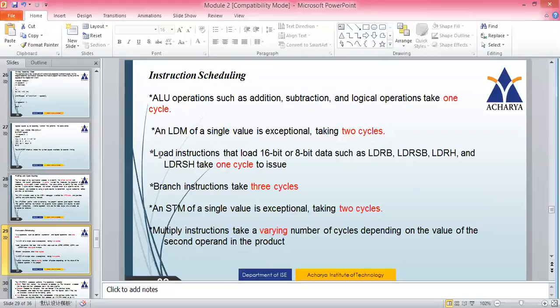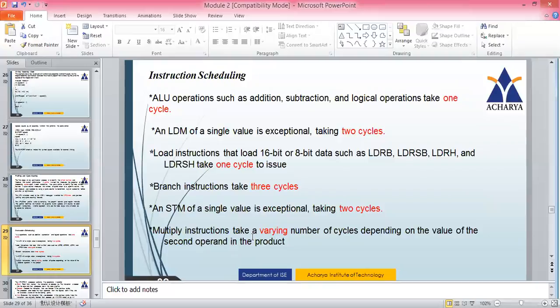Next, load instructions that load 16-bit or 8-bit data such as LDR, LDRB, signed byte, halfword, all take 1 cycle. Branch instructions will take 3 cycles because there will be a context switch. An STM of a single value is exceptional, so that takes 2 cycles.